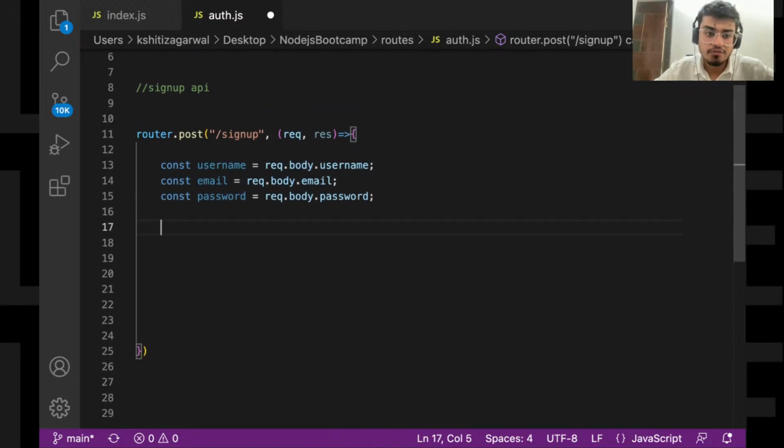What I want to do is save these details in a database. Since right now in this bootcamp we are not dealing with a database, I'll simply be logging them.